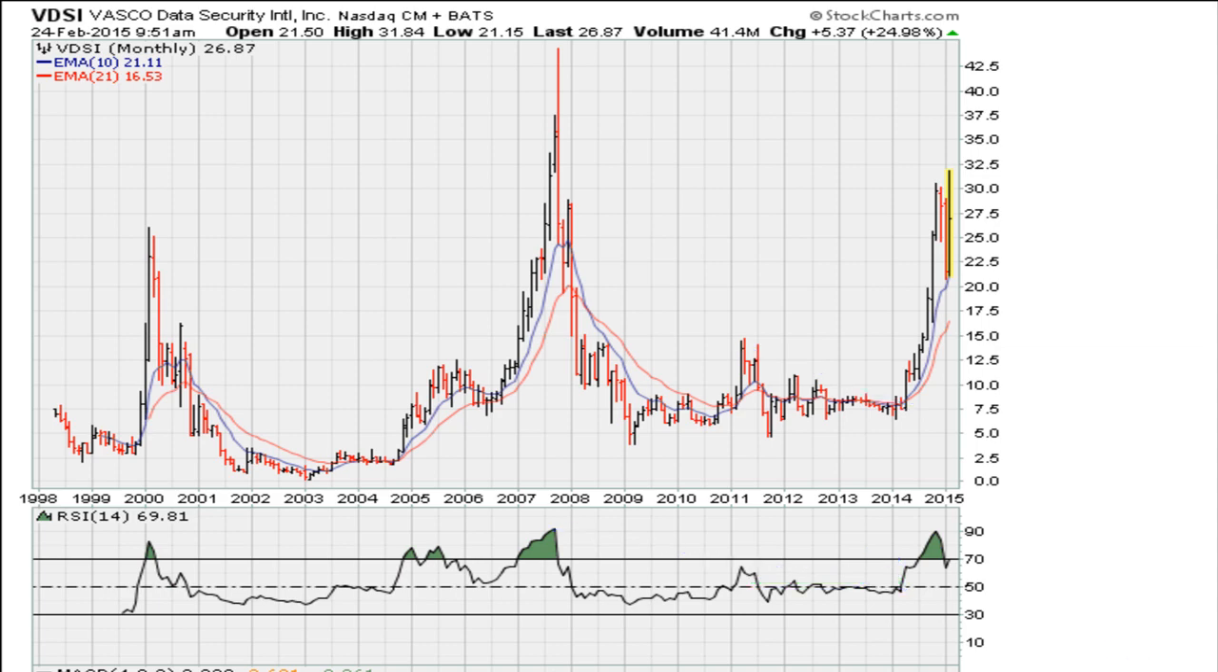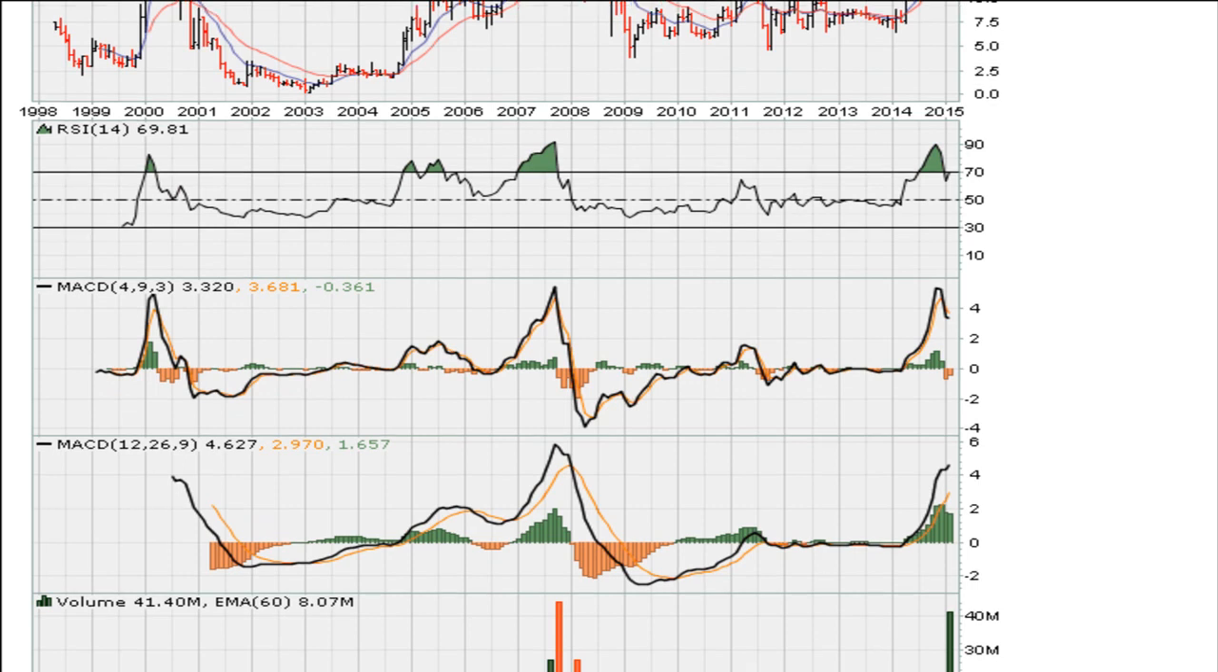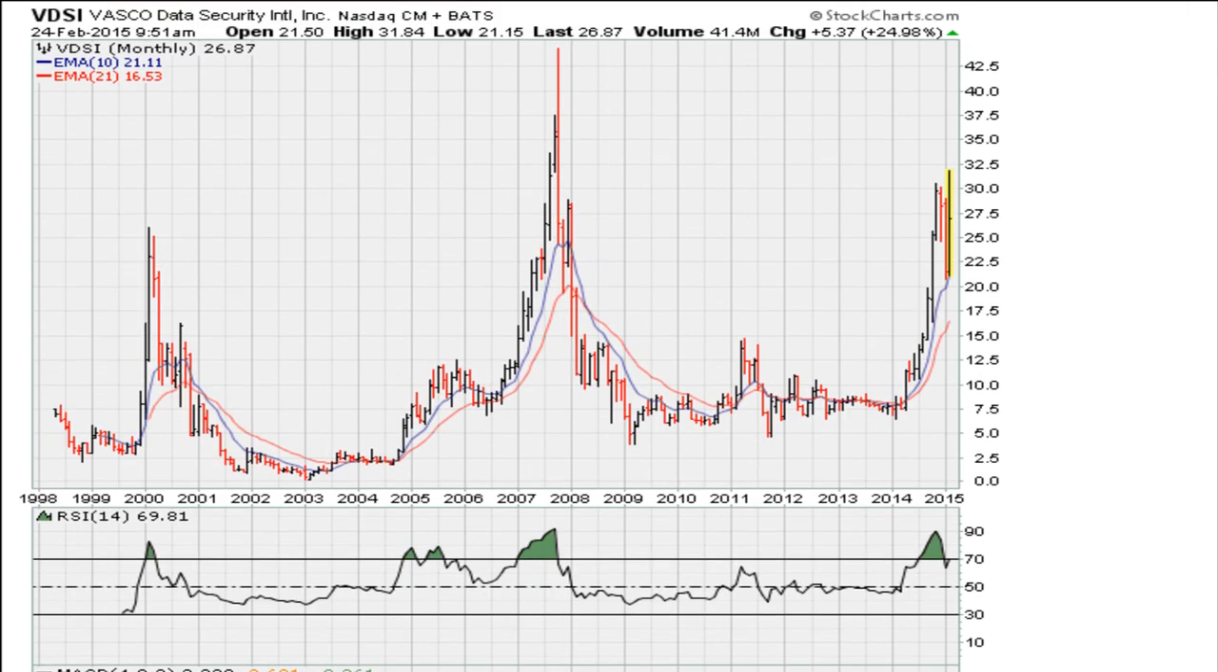And if you take a look at the MACDs, beginning of 2014, they were also making a move to 3-year highs. Plus 3-year highs on the MACD at that point, and also 3-year highs on the MACD at that point there. So the MACDs looked good, and as you can tell,